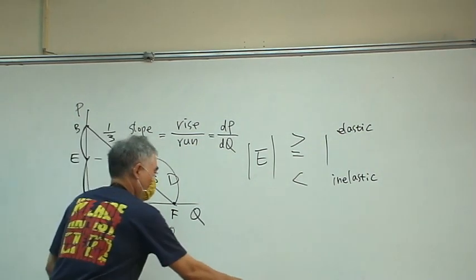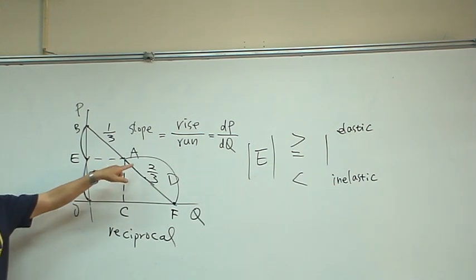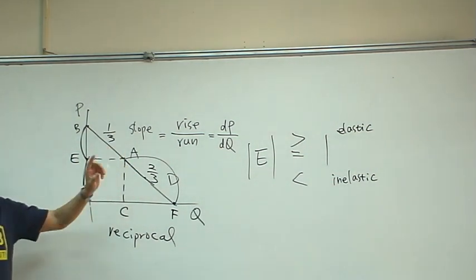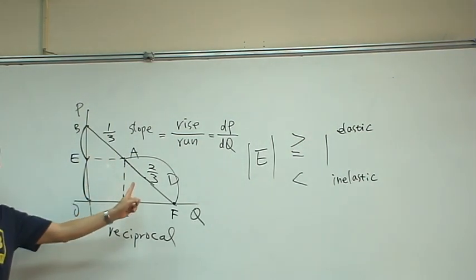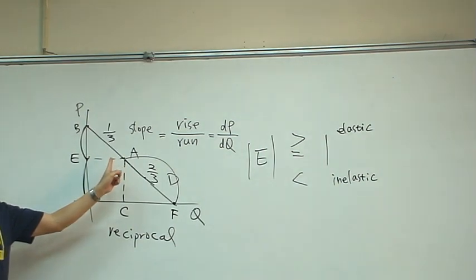Out of it. So, as you can tell, if it is in the middle, the elasticity is equal to 1. But when you move up, what happens? Elasticity becomes,